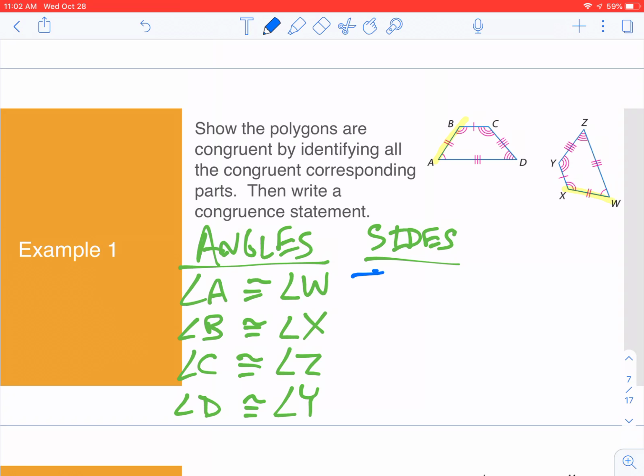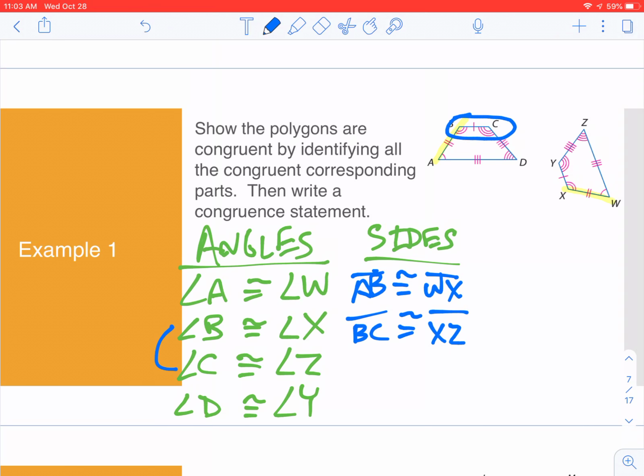So side AB is congruent to side WX. And then I'm going to go to BC is congruent to, I'm going to match them up here. So B and C go with X and Z. Okay, so BC goes with,